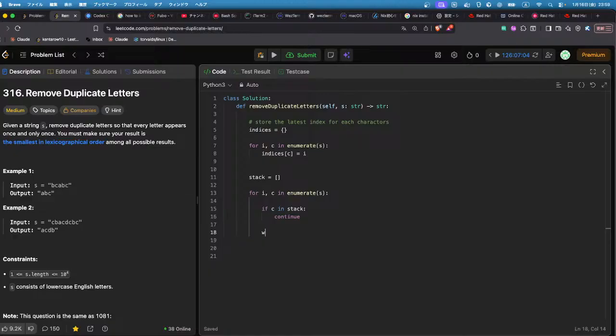So a while loop. The last character, we can access like stack[-1], but before doing that we have to